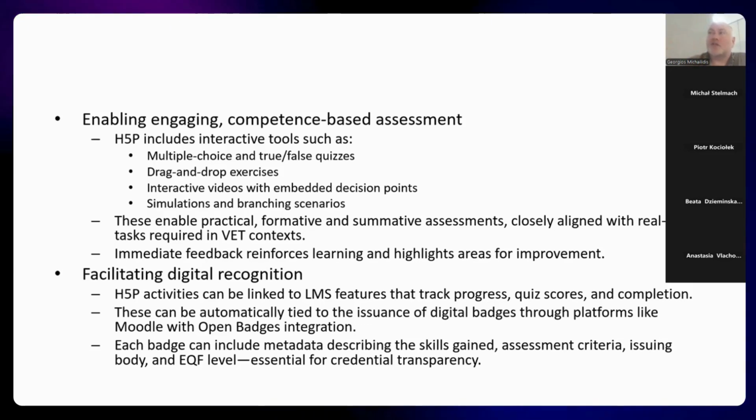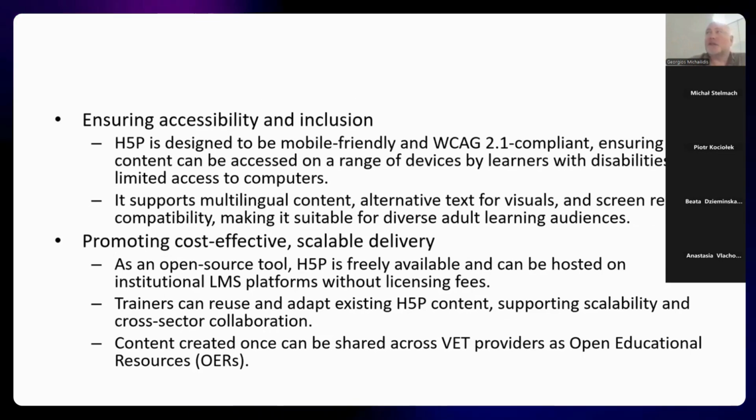The digital recognition, I said that before, is done with digital badging. Accessibility and inclusion, I also mentioned that before: WCAG 2.1 compliant, the AA level, ARIA embedded, etc. And it's quite cost effective, because they are open source tools that we use. It's portable, and at the end of the project or at the end of a training, for example, I give an example. Suppose in this project we deliver an H5P, all of us,